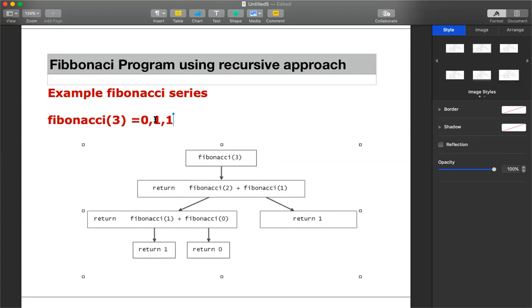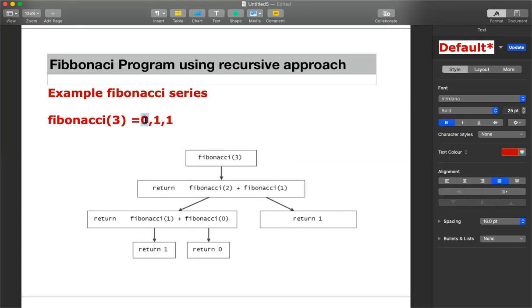The first position's number is 1. What is in the 0th position? We have 0, so we return 0. So if we get these two, 0 and 1, what do we get back? We get the Fibonacci of 2. If we know these two answers, we may get the